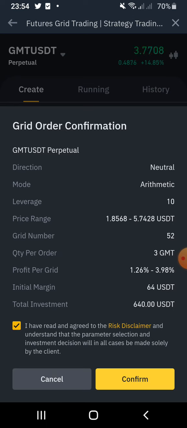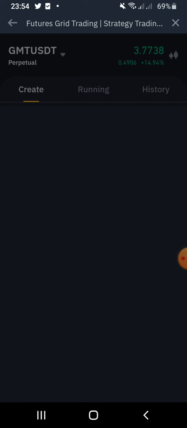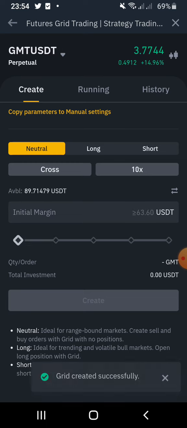You click on the "I have read and agreed to the risk disclaimer." The risk disclaimer tells you that there can be losses as well as gains in your trade. So you want to be aware that the trading bot will not do all the work for you. It will only make the work easier for you, but as with all trades, it comes with risks, and you want to be aware of the risk that comes with liquidation or with trading futures initially. Click on confirm. Once you click on confirm, Binance will notify you that your grid has been created